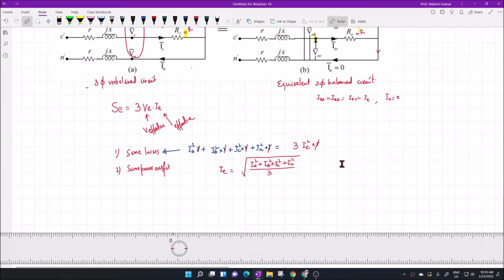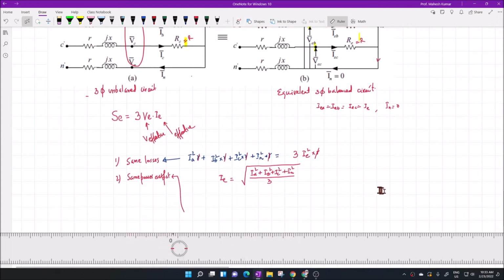This will be the I effective based on the same losses for both the circuits, three-phase unbalanced and three-phase balanced circuit. Let us find out the voltage V effective based on this criteria that both the circuits have same power output. So if you see this circuit, the power